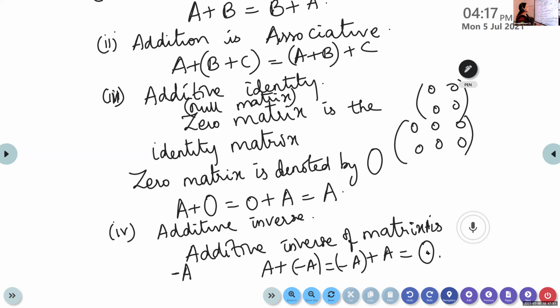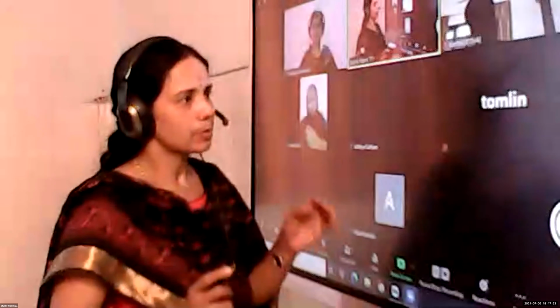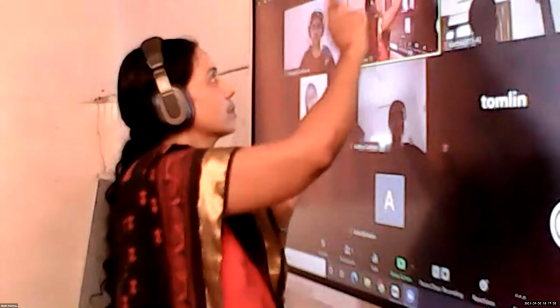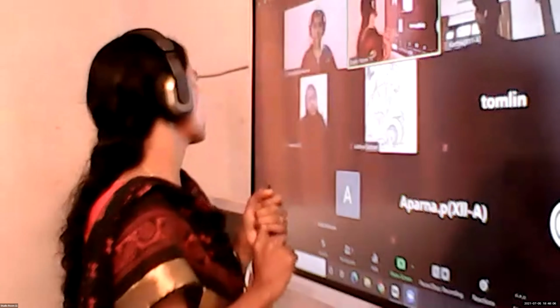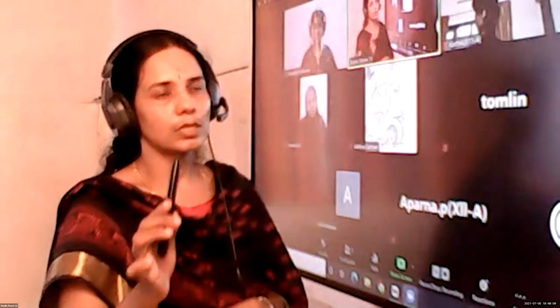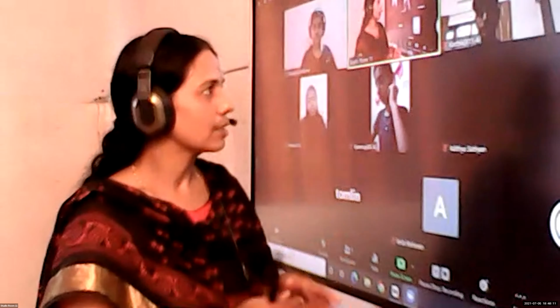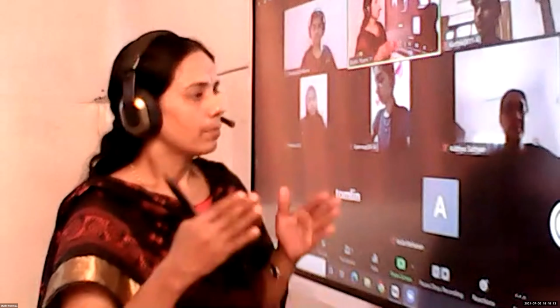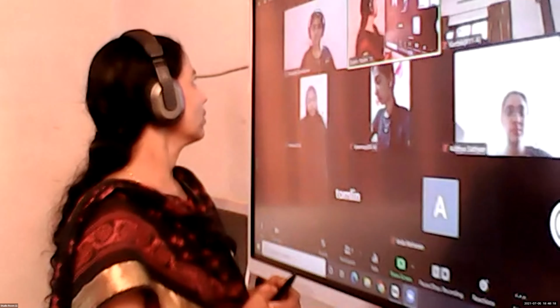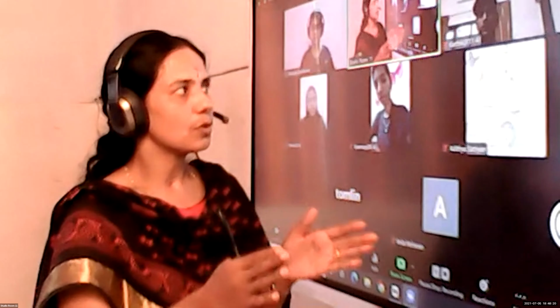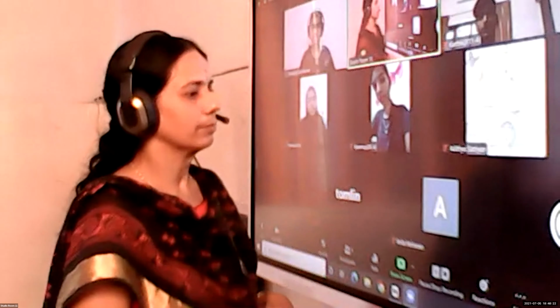So today we have discussed 4 types of operations in matrix. Which are the 4 operations? Matrix addition, subtraction, scalar multiplication, negative of a matrix. Go through all these operations and come for the next class. In the next class, we will be learning matrix multiplication and we have to do problems also. If you are thorough with these 4, the next one also we can learn easily.